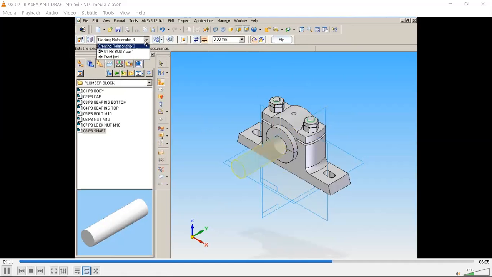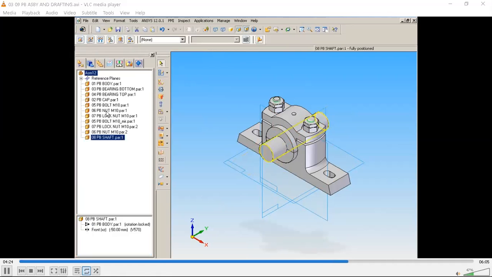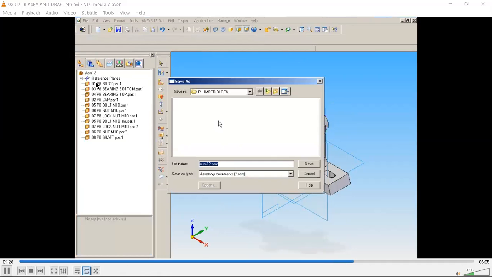Or you can give the relationship between them as a distance. How much distance can be given here? So minus 50 I have given. So it will exactly fit at the center. So now all are positioned. You save this in your folder as plumber block assembly. So this is the assembly.